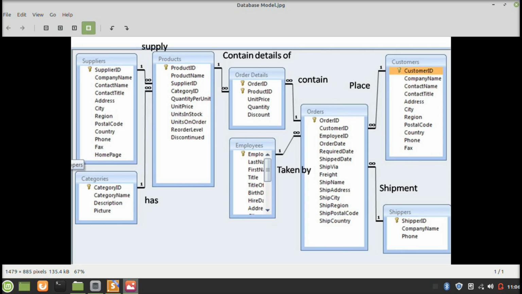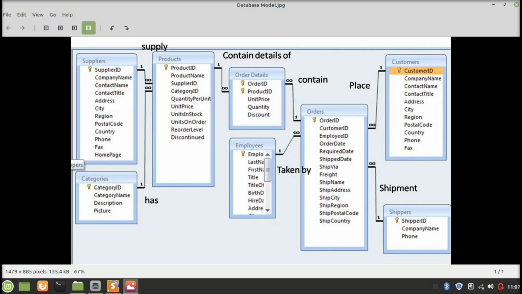Each order contains the order details. The orders are taken by employees. The order details contain the details of the products ordered by the customers. The suppliers supply those products. Each product is brought into different categories. Products have categories. The orders are shipped by the shippers.